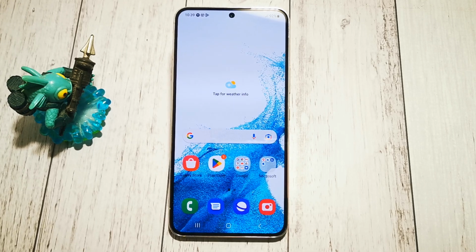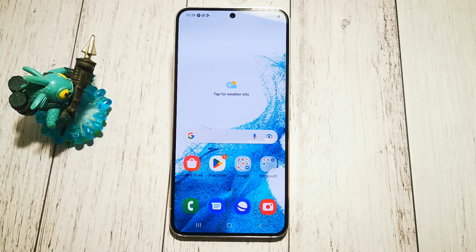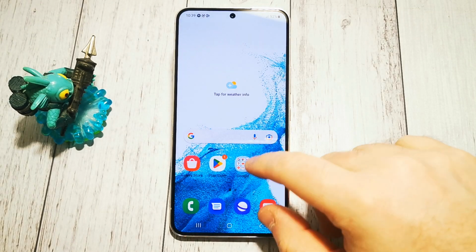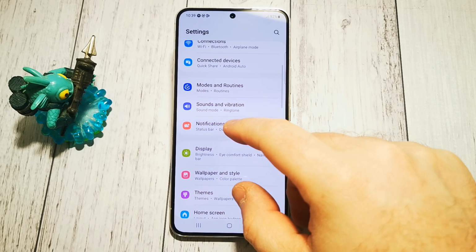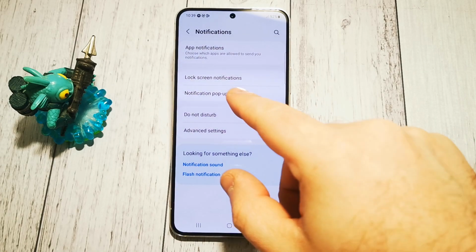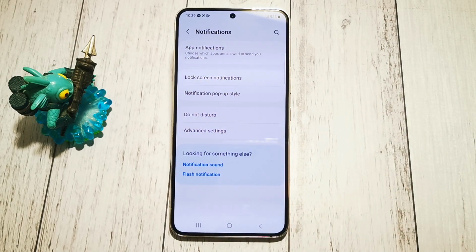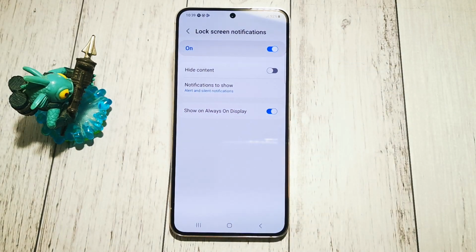Today I will show you where to find the option and how to hide notifications on our cover screen but leave screen notifications on. So we are going to open settings menu. Here we have notifications and lock screen notifications are right here. When we go here,